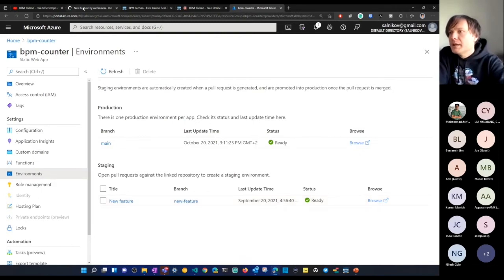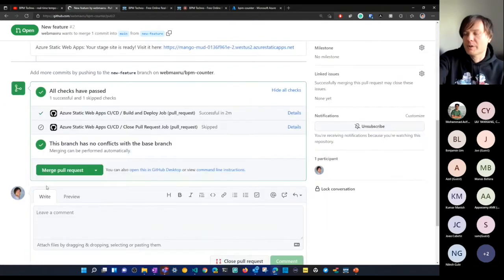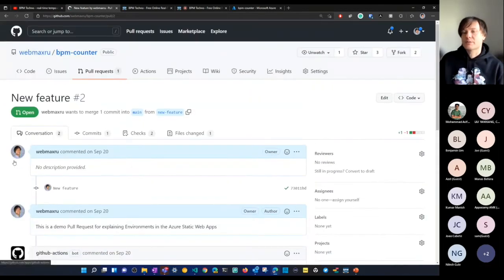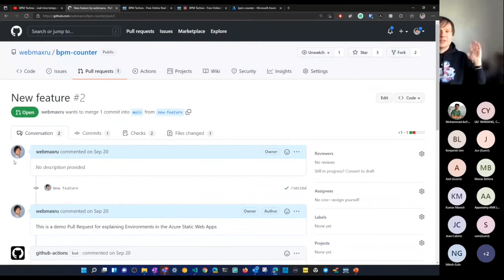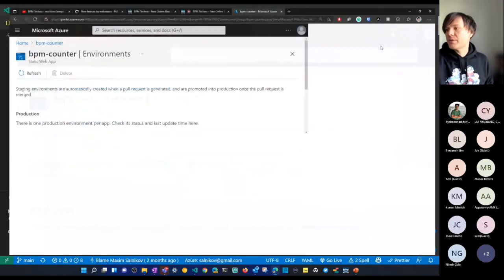And if I decide that this experiment is okay, what do I normally do, again, as a web frontend developer? I just merge this pull request to the main branch, and it's there. And what will happen with Azure Static Web Apps? This will just swap this staging environment with the main one.